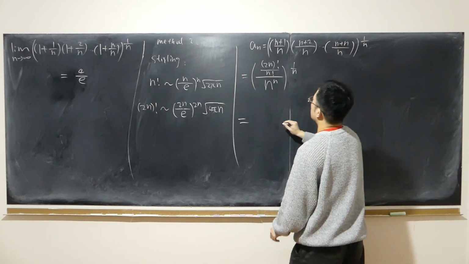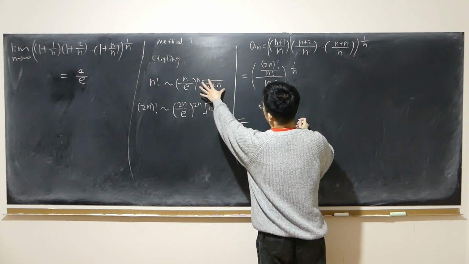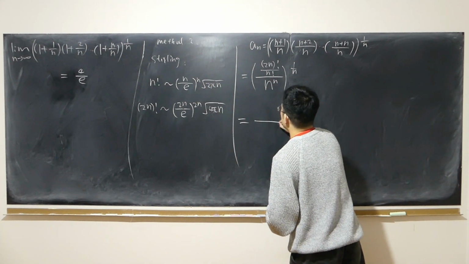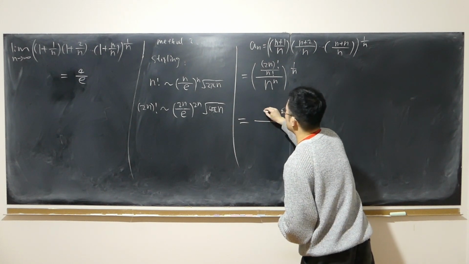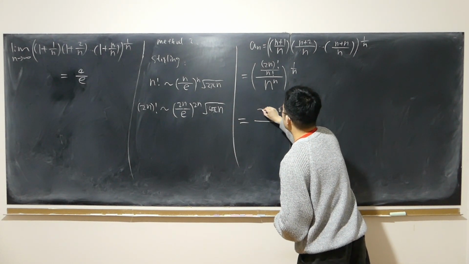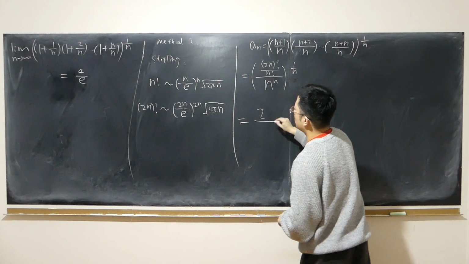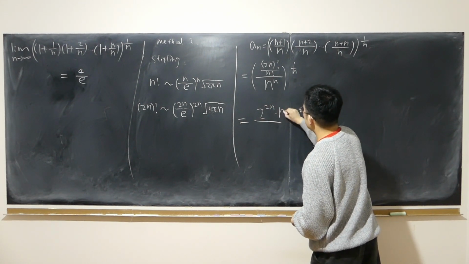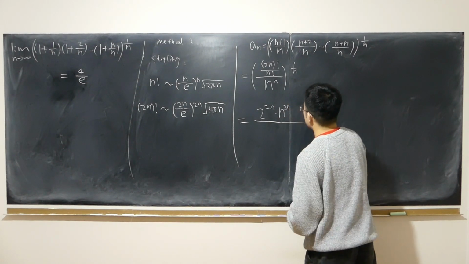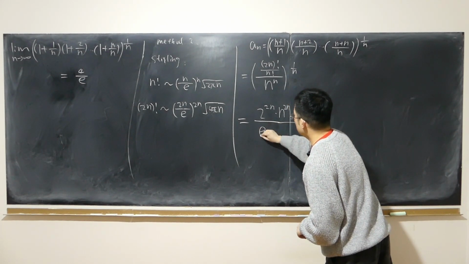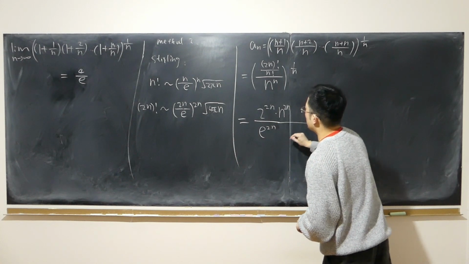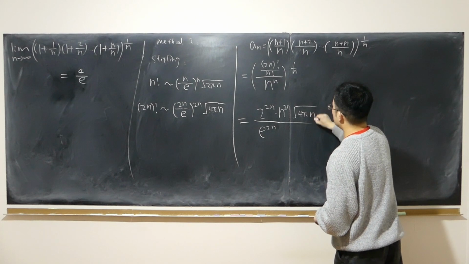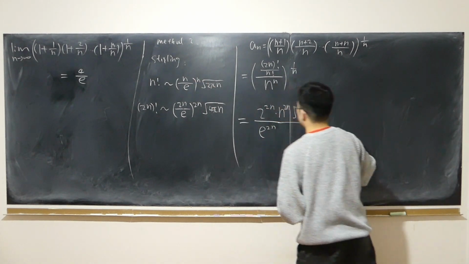First of all, I'm going to write down this divided by that. So let me write everything down. 2n to the power of 2n, which is 2 to the power of 2n times n to the power of 2n, over e to the power of 2n times the square root of 4 pi n, then divided by this,